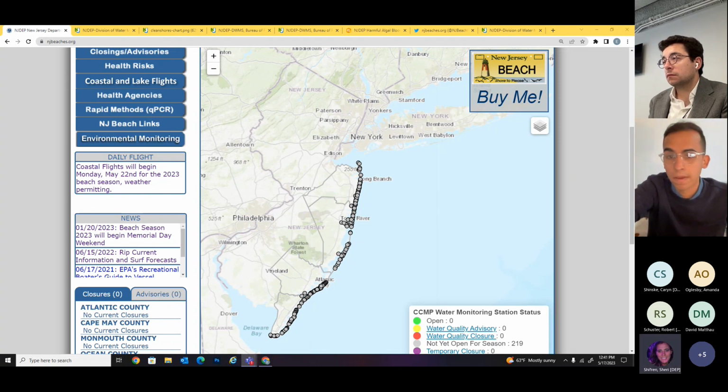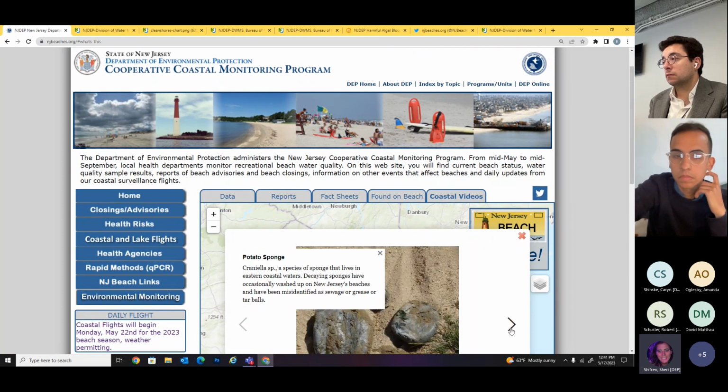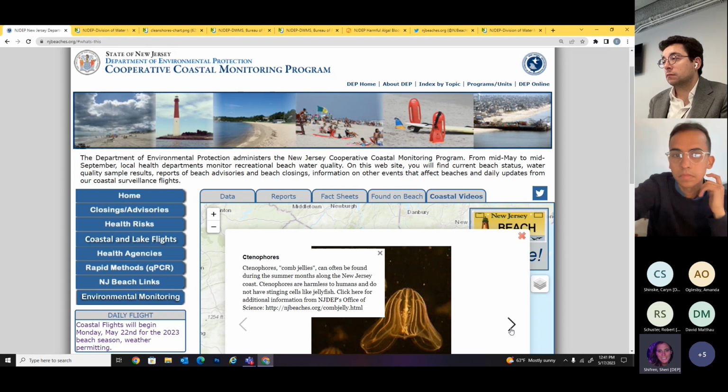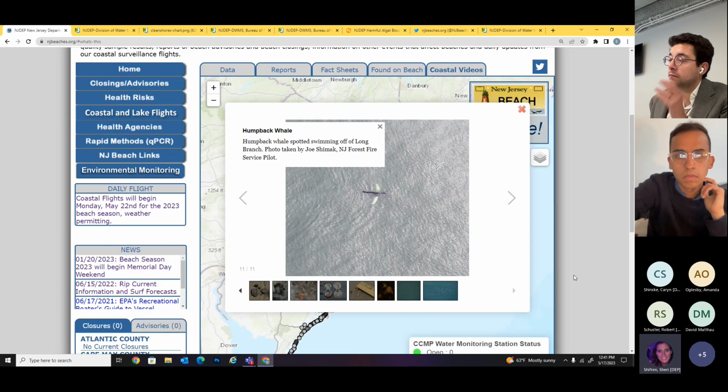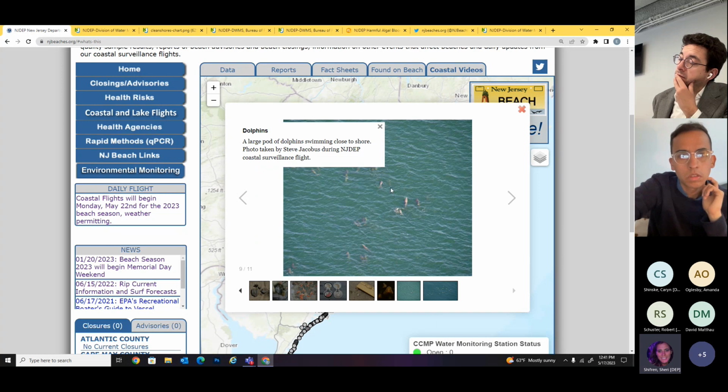No, we don't generally take video. Occasionally we might try and take a picture, but it's not going to be that exciting that we usually post it. However, I think on Found on the Beach, you might be able to see a dolphin or a whale picture. Oh yeah, here's some. These were taken from the flights, but it's not easy to get, but there's a humpback whale, and we got skates, and we got dolphins. So these are some of the views and pictures that we've taken from our flights, but it's not easy to capture.